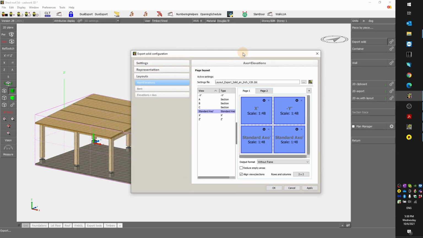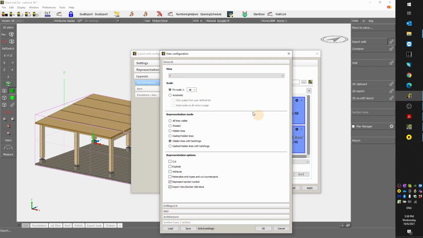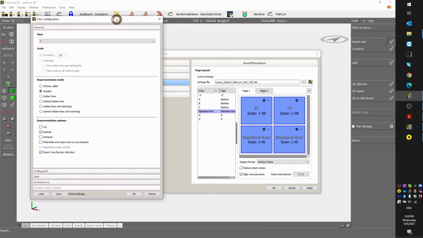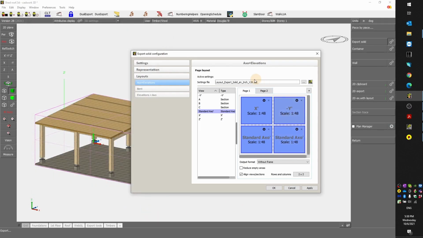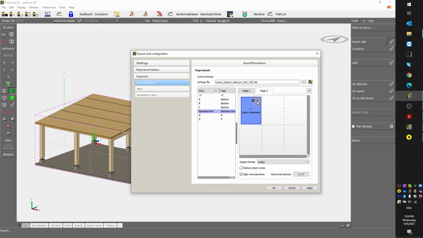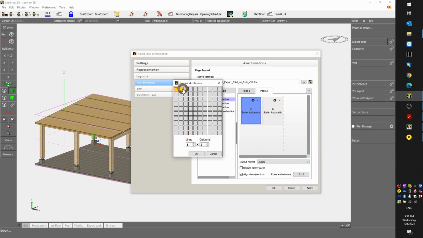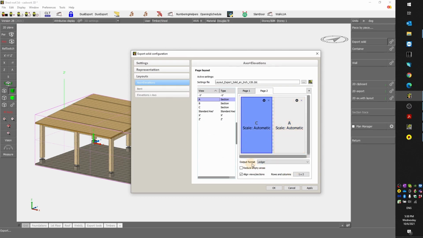Then I can click OK, and I can eventually change the setting here. I'd like to explode this view, and I'd like to export it in shaded mode. So let's do the export. On page number 2, I can place a couple sections. So here, and I'm going to place them side by side. Let's keep that on ledger, and we will be